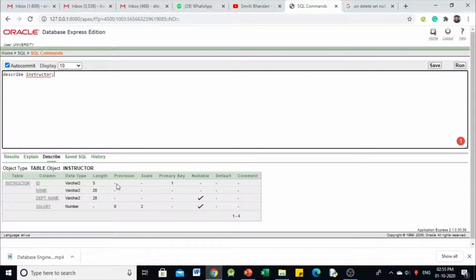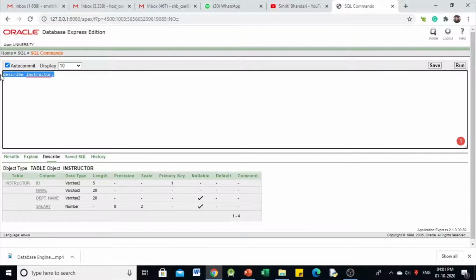So this is the definition: instructor table ID, the data type and the length are provided, and this is a primary key, then name, department name and salary.